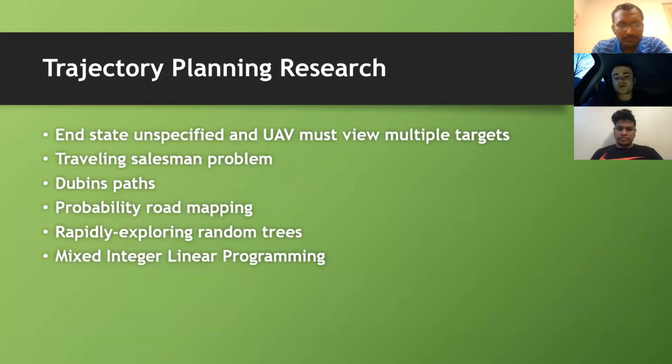A similar approach to PRM is rapidly exploring random trees, or RRTs for short. RRTs randomly select points within the search space and continue to construct a tree of dynamically feasible points. The tree continues to be developed until the goal is reached. The control inputs are tracked and then used to develop an open loop control input sequence from the starting node to the end node. Some variations of this algorithm have been successfully used to plan point paths for small UAVs